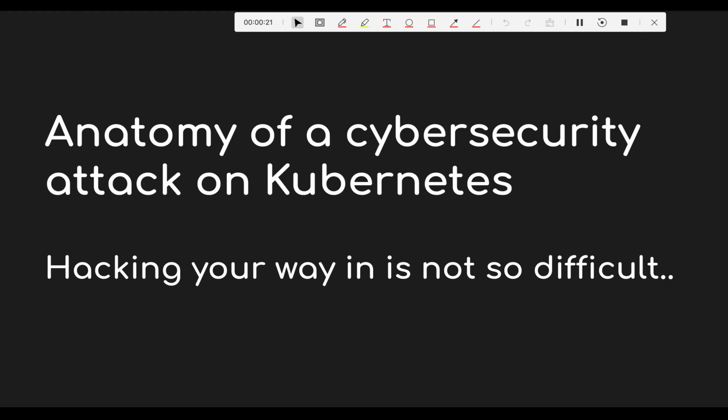The fact of the matter is now that people have moved to DevOps, Kubernetes is becoming one of the platforms of choice for developers as code-centric workloads like containers or serverless are taking over the application, and thus understanding how to secure your application in this type of environment is becoming critical. And as we'll show you, hacking your way into a Kubernetes cluster to try to get unauthorized access is not